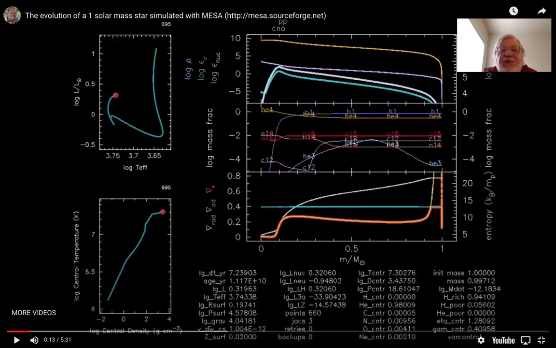Because this plot here in the middle panel shows the decimal logarithm of mass fractions x sub i of different isotopes. If we have a look at hydrogen, shown here in blue, you can see hydrogen goes to 0 at the very center, which means hydrogen is exhausted in the center. We have instead helium, yellow, here at the center. So that's it. Let me just run this a little bit to show you, to demonstrate how we can